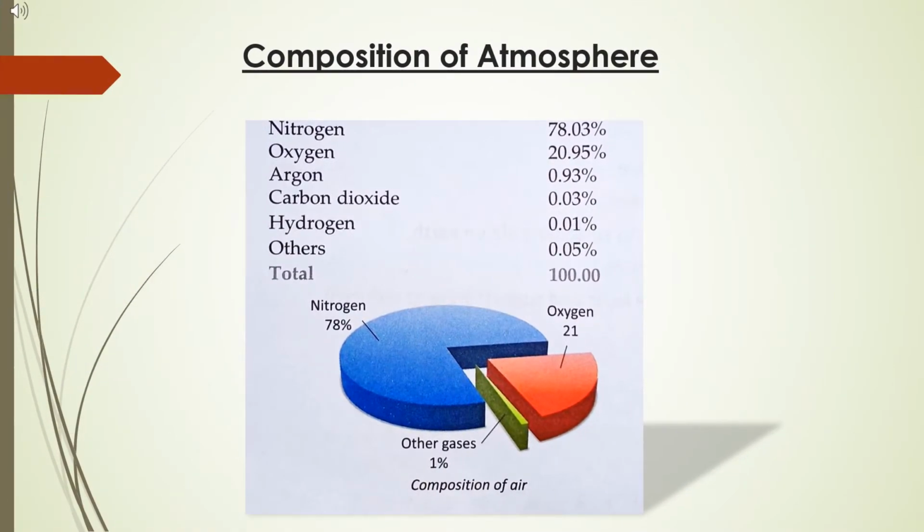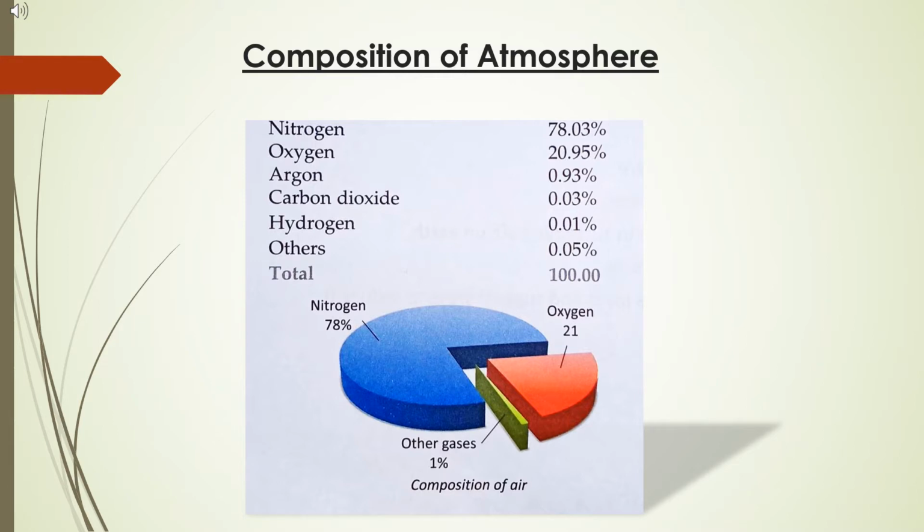Composition of atmosphere. Atmosphere is composed of permanent gases, water vapor, dust particles, smoke, and pollens. The gas which we find in abundance in Earth's atmosphere is nitrogen. The atmosphere contains